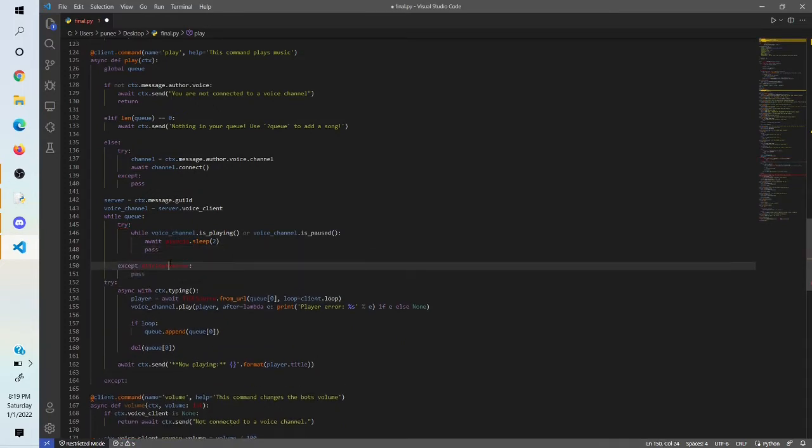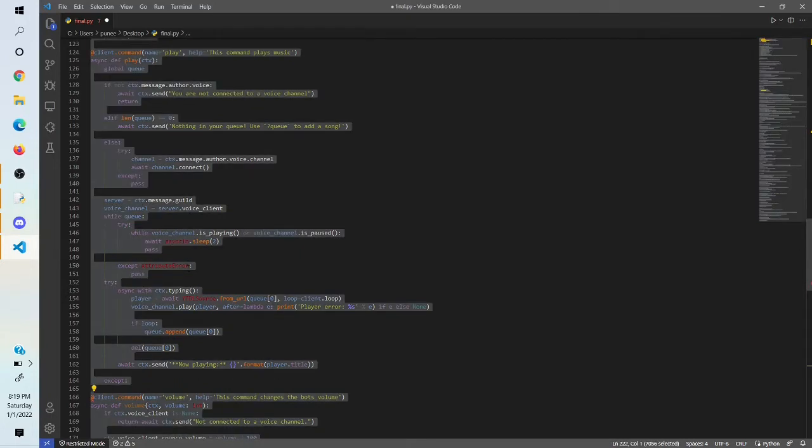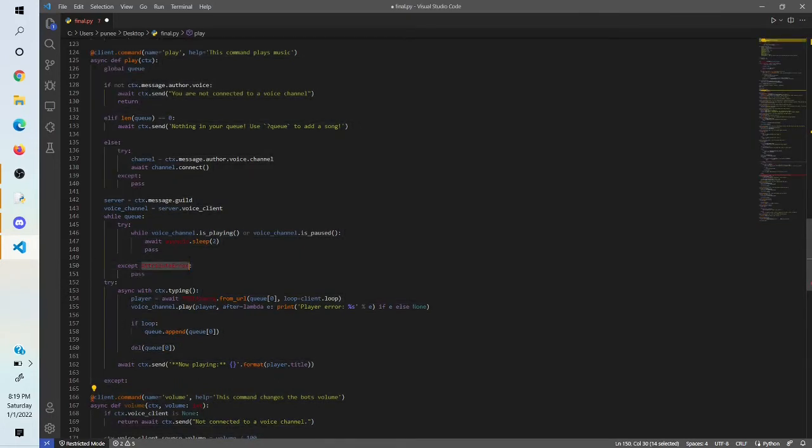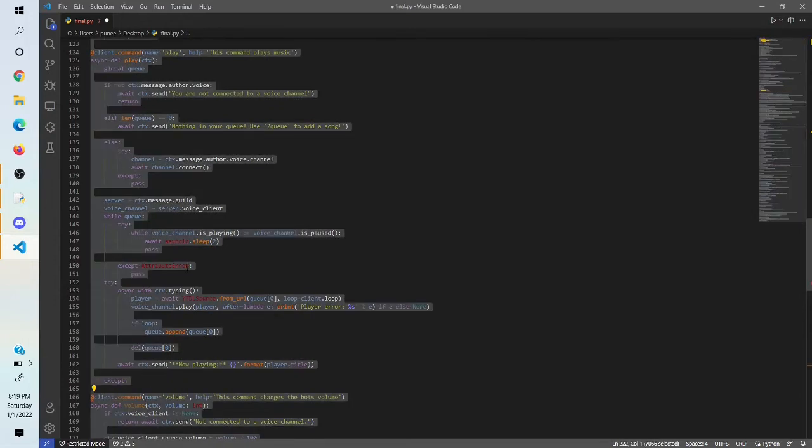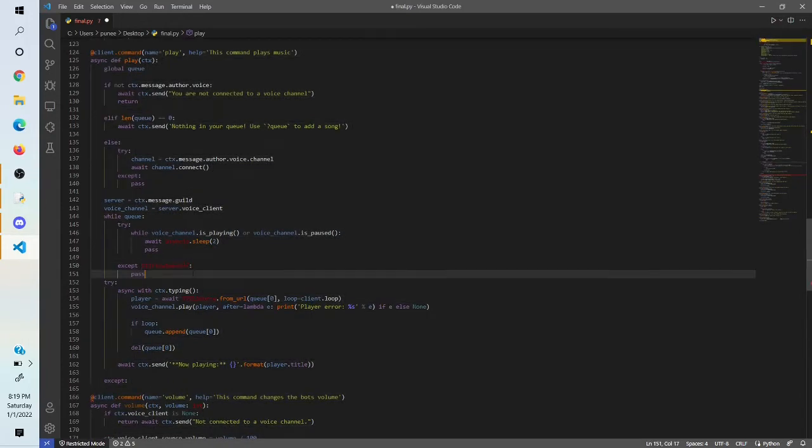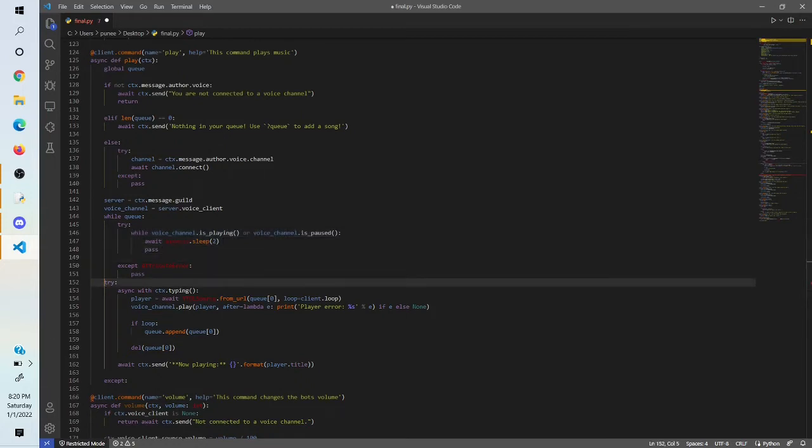And sometimes the user may do something dumb, like making the bot leave in the middle of this while loop, so we're going to add an except to basically throw out those exceptions. Now, it's going to get caught in this while loop if the bot is still playing, but if it's not playing, then we can just do our default thing, which is